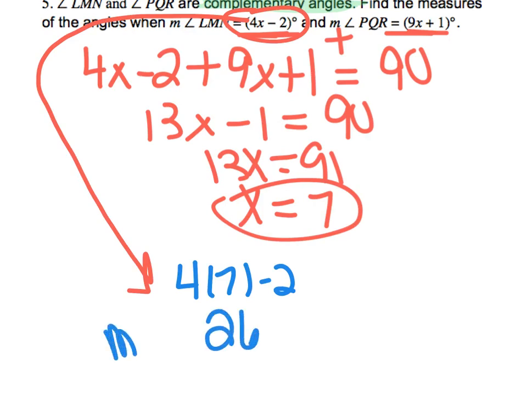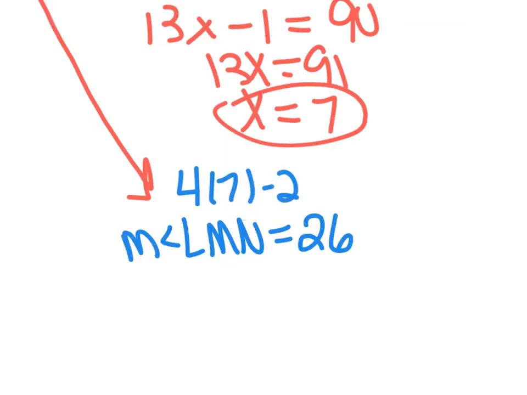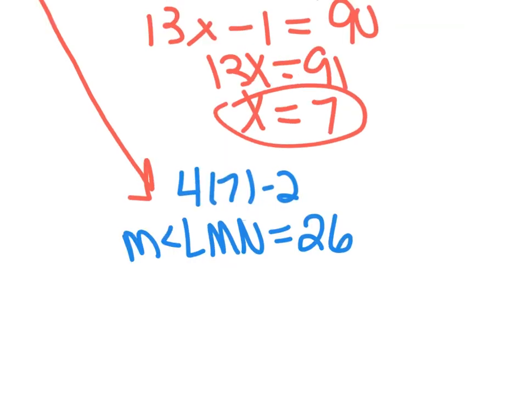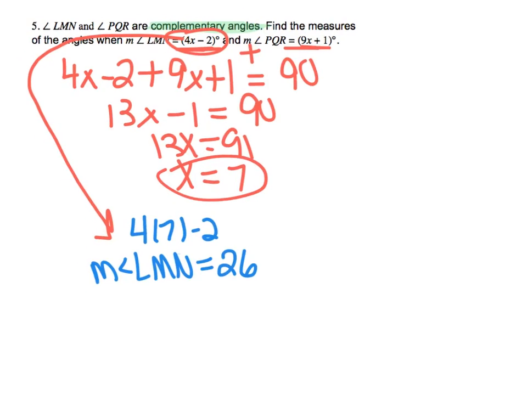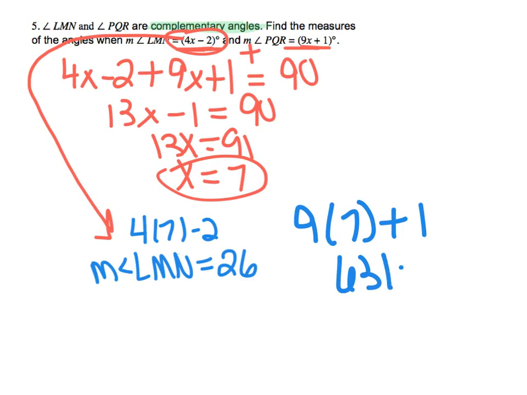So the measure of LMN, the measure of LMN equals 26. And the other angle is 9x plus 1. So we know we take out x and we say 9 times 7 plus 1. That's 63 plus 1. So we know the measure of angle